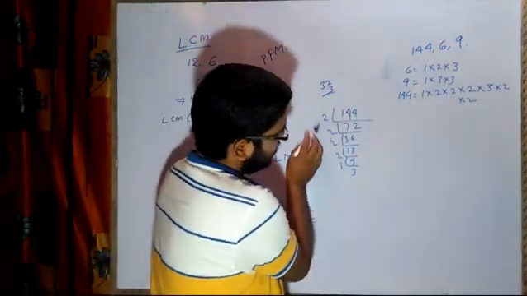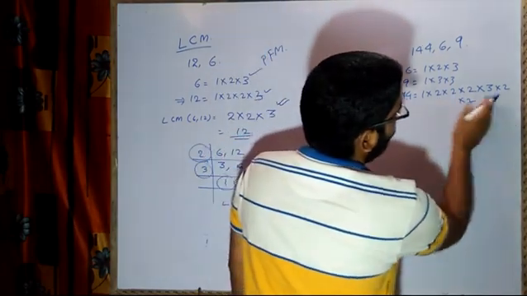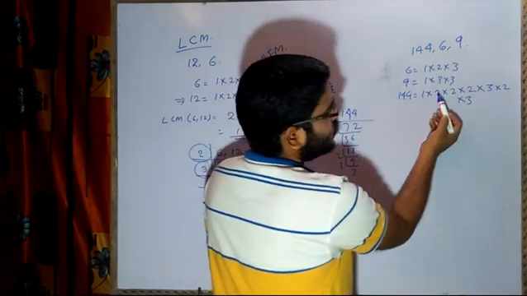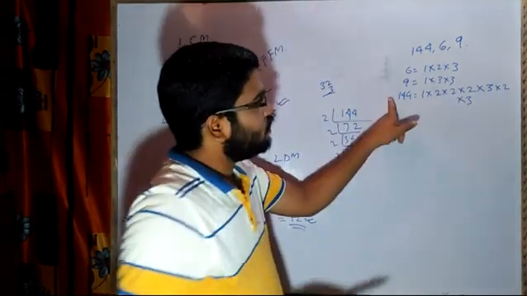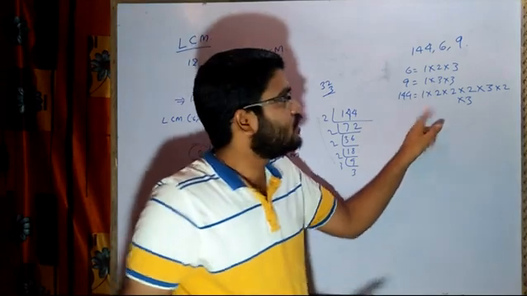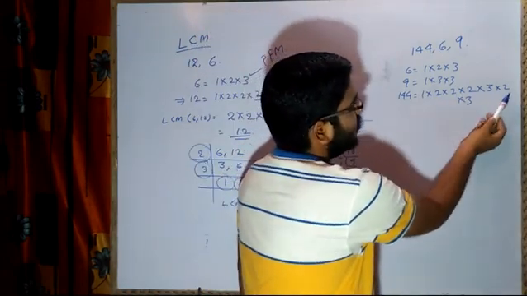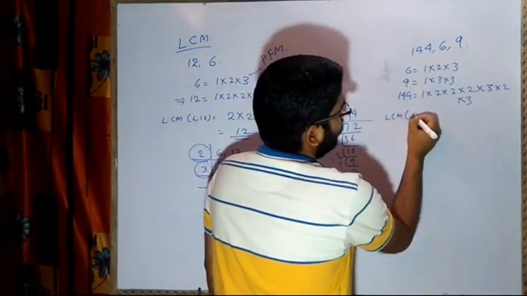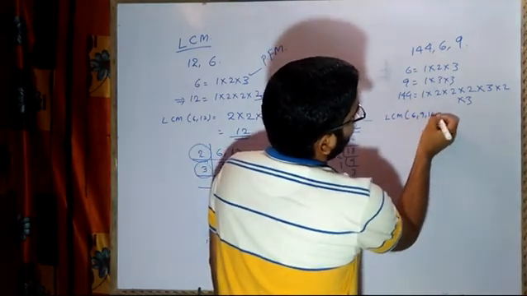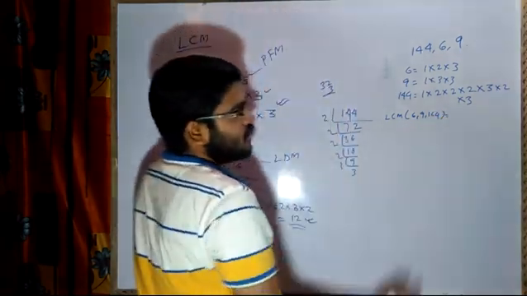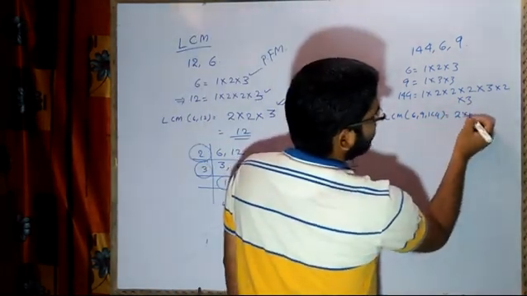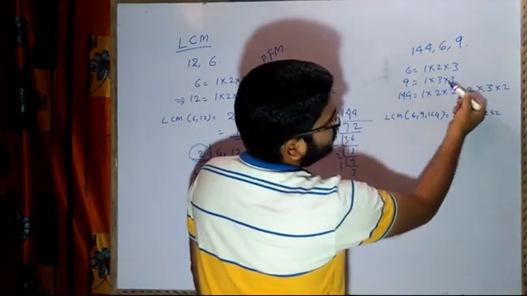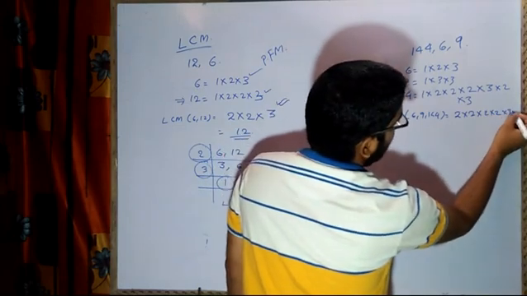So how many times is 2 written? 4 times. 1 2 3 4. Then 3 will come here 2 times. Now in this we will see 2 is written how many times? Maximum. For this 144, 2 is written 1 2 3 4 times. Here 2 is written 1 time. So for the LCM we have to consider the maximum number of times each prime number appears. So the prime number 2, how many times? 4 times. So we will take 2 into 2 into 2 into 2, 4 times. 3 is written 1 time, 2 times, again 2 times. So that means 3 will come 2 times.